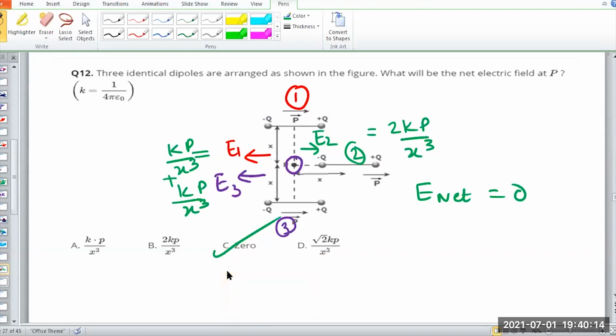Why is E2 towards right? You only should answer me. Minus is nearer to this point. So the effect of minus will be more dominating than plus. That's why. The dipole field is opposite, that is fine. But you see, Naveen Babu, this is minus, this is plus. But is this point nearer to minus or plus? It is nearer to minus, right? So whose effect will be dominating? Minus effect will be dominating. No problem. Next.